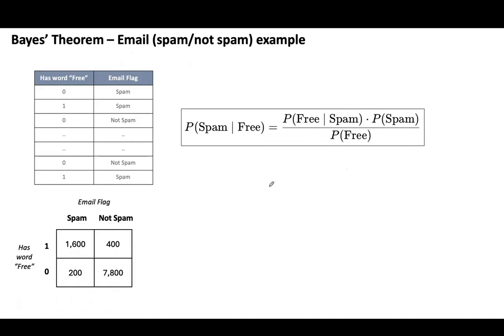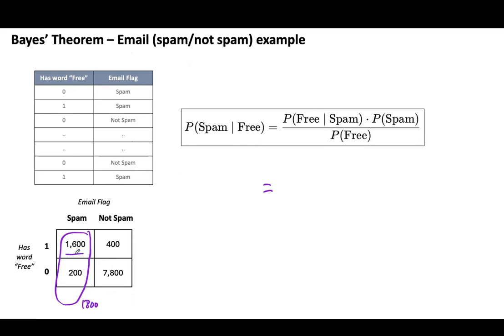So for the numerator part, we'll first try to derive this probability, which is the probability of an email containing the word free given it is spam. And for us to really come up with this probability, we have to look at this contingency table and look at, of all the spam emails, which is